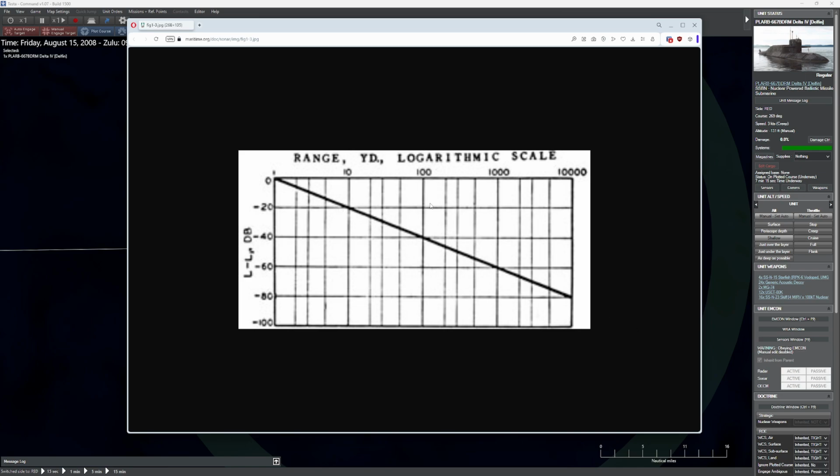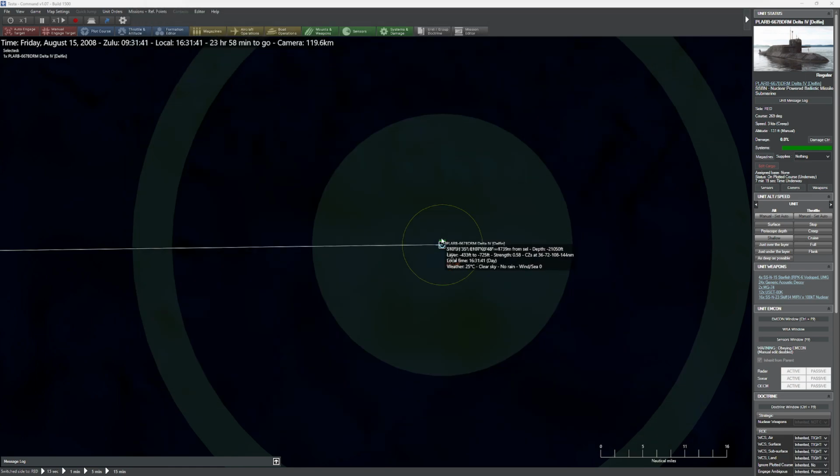Now, the reason this is so important here is we have two different problems that you're going to be dealing with. The first problem you're going to be dealing with is the fact that this little scale right here is affected by that power of 10. So if we add 10 to this, we're basically increasing its detectability by 2, even though we're not, because, of course, there's another problem you have to contend with, which is the fact that sound does not travel in a